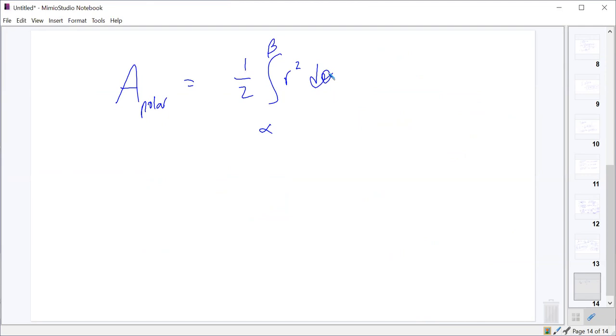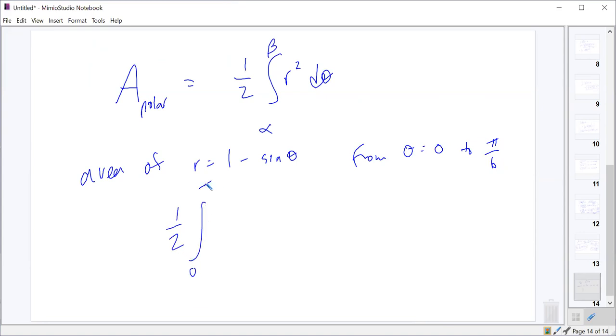So if I were to ask you, what's the area of, I don't know, the function r equals 1 minus sine theta, let's say from theta equals 0 to pi over 6. Just make a nice little easy one here. This should just be set up as 1/2 the integral from 0 to pi over 6 of 1 minus sine theta